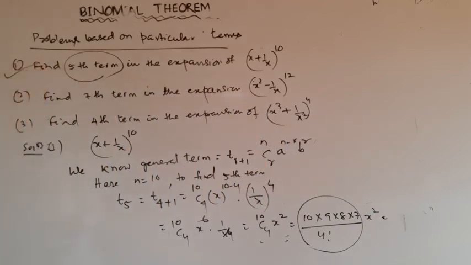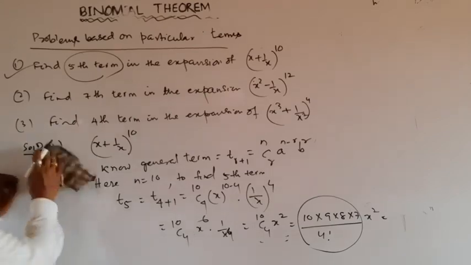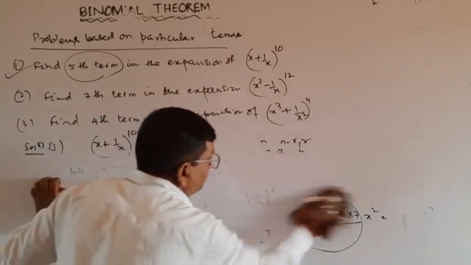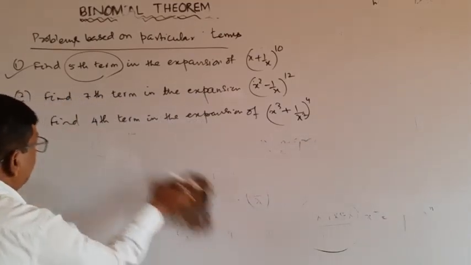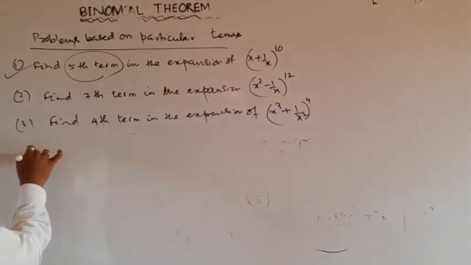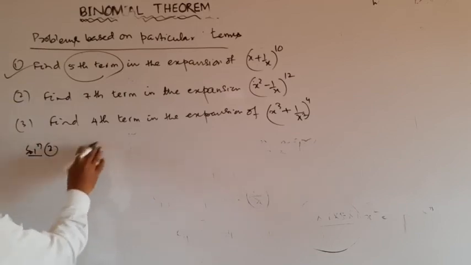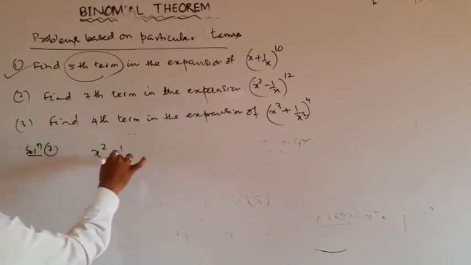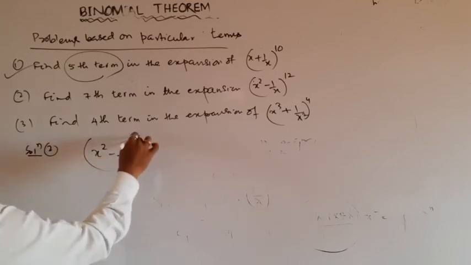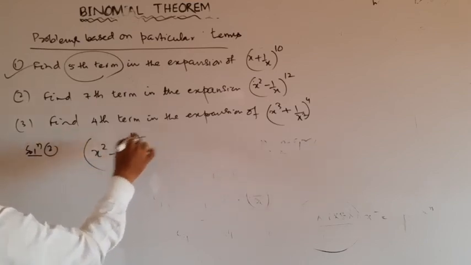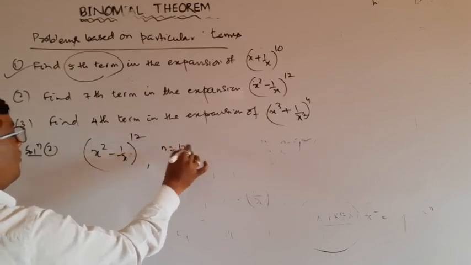Find the seventh term in the expansion of, solution of question number 2. Find the seventh term. What is given here, that is (x square minus 1 by x square) whole to the power, not 7, that is 12. n is equal to 12. We have to find